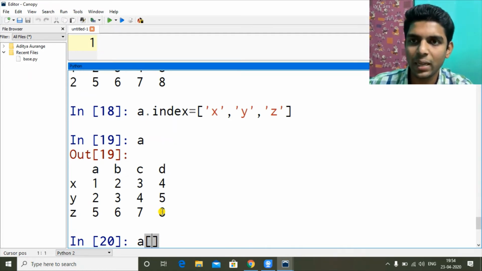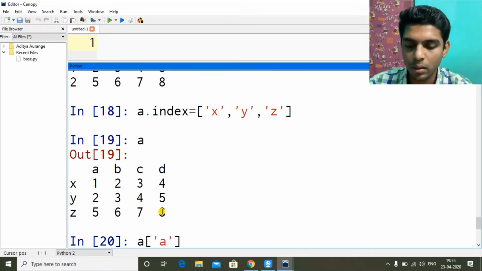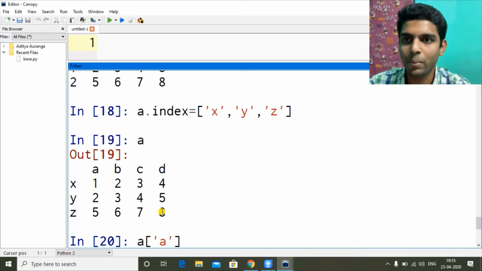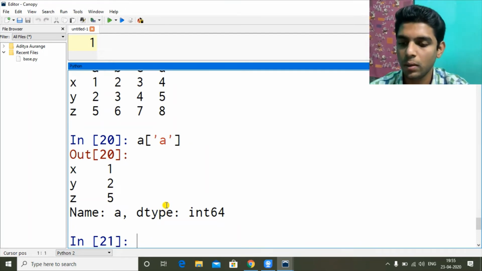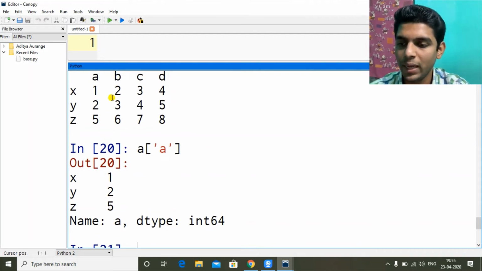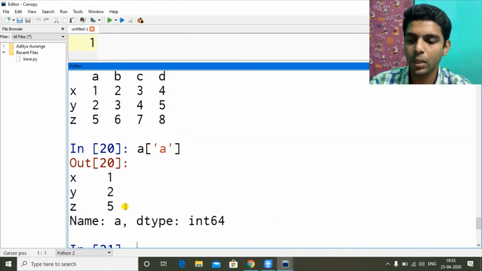So the value 1, which is the first cell, is A and X. So let's see how we can get complete row column first. So if I pass A inside square brackets, square brackets are used for indexing, I got first column, which is 1, 2, 5. Okay. So A I got XYZ 1, 2, 5.